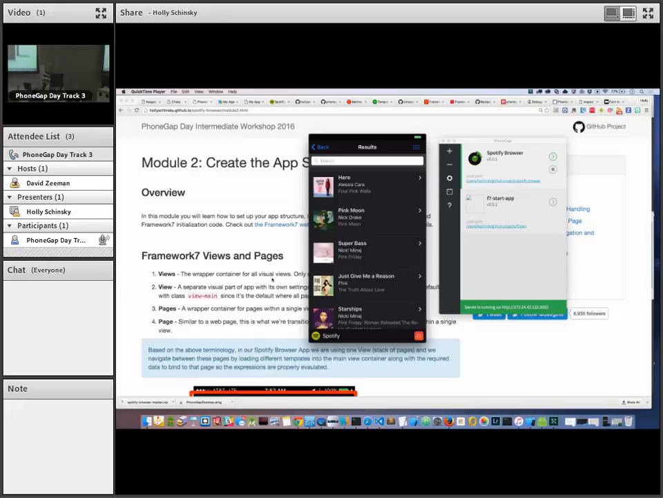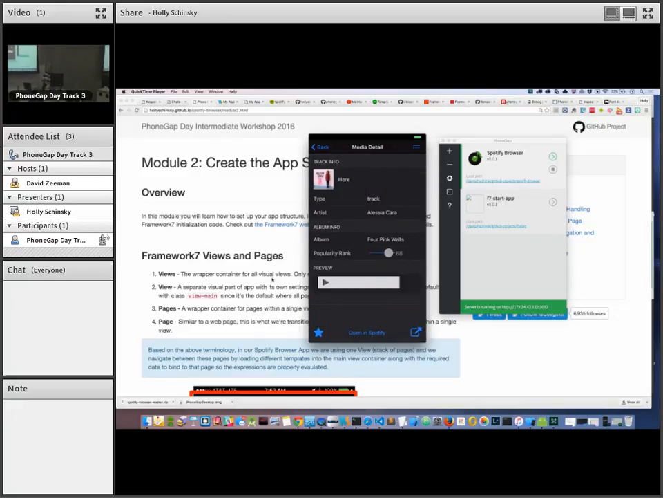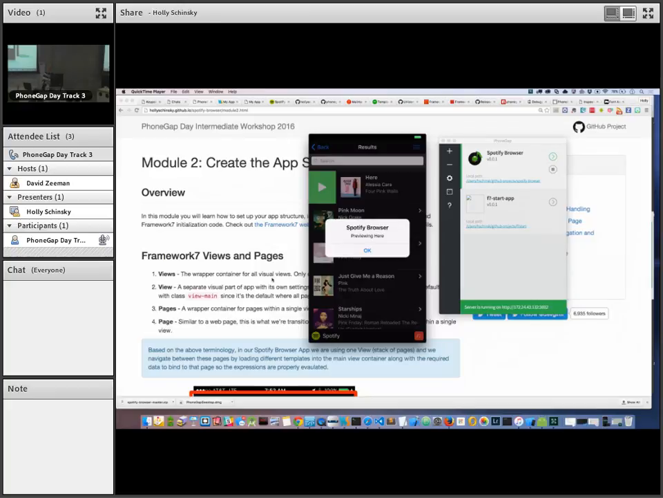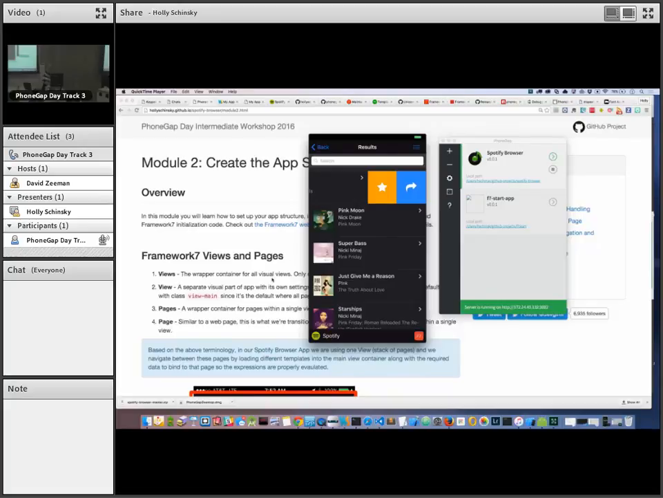So I can go in here and play my music. Oh, if my volume's up, I guess, maybe. Or not. I'm not sure why that's not playing. It played before, but oh, somebody else has it. It works. I'm not sure what it's doing right now, but when you do run it in the developer app,